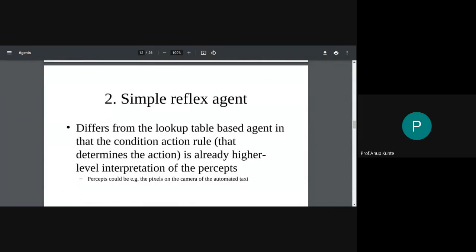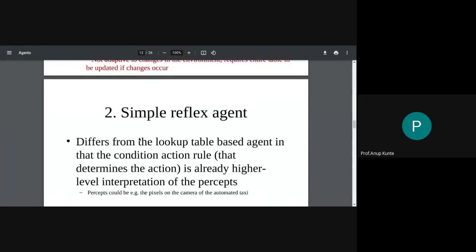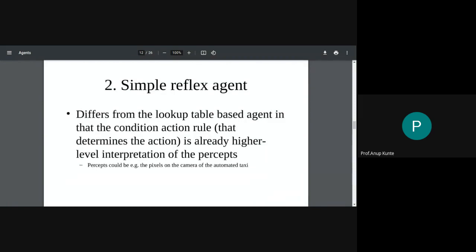Okay. Now, the alternative to this is a simple reflex agent. This works on the fact that even human beings show reflexes. Okay, this differs from the lookup table based agent in that there is a component called the condition action rule. So instead of a table, we create a box called the condition action template or condition action rule set. Okay, it is already a higher level interpretation of the percept. So instead of using the percept directly, we represent it like a condition action rule. So as soon as a percept comes to me, I will convert that percept into a situation